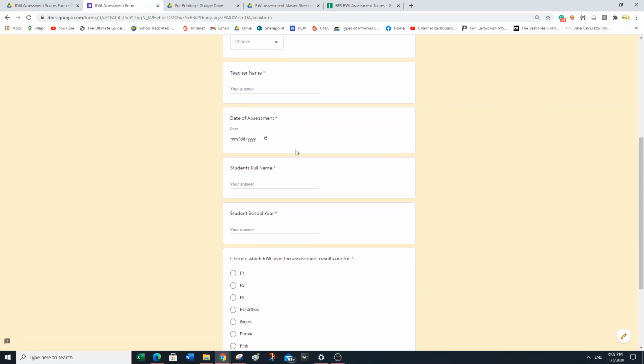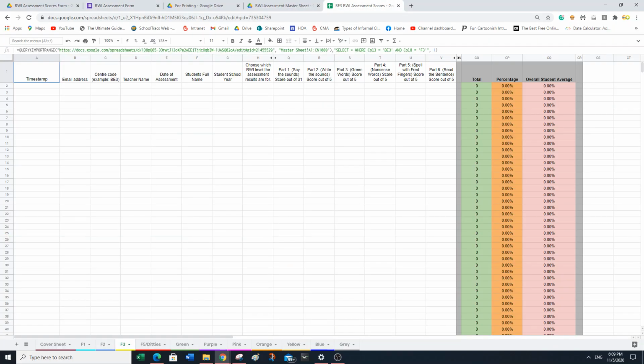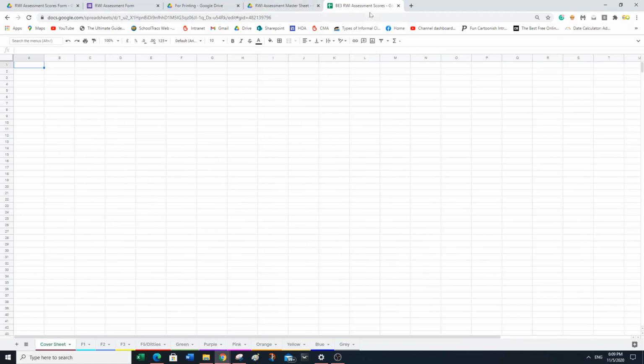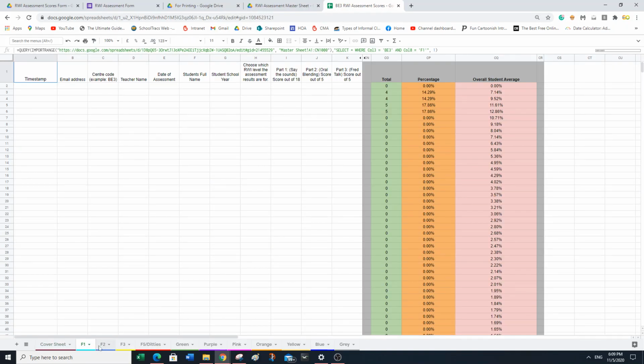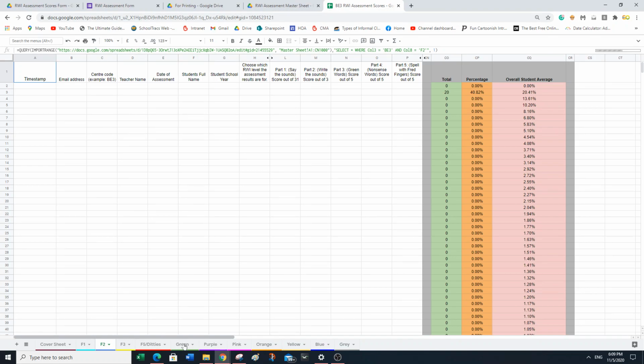Now for center managers, after your teachers have submitted this through the Google form, you will then be able to check specifically on your own sheet. This will be shared with you depending on your center. So in this case, this is the BE3 one. So you'll have access to your center's RWI assessment scores, and as you can see here, it's broken apart into each different level. So we haven't input any yet for F1 and F2, but if we go to green,